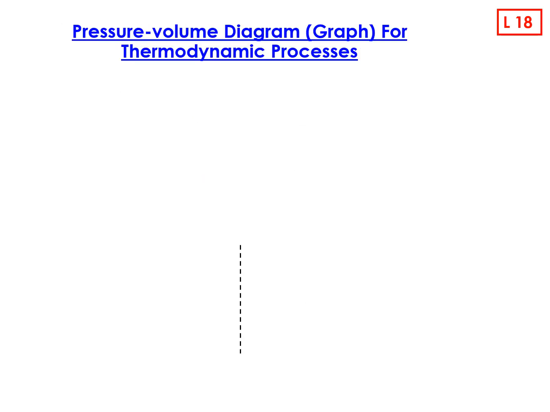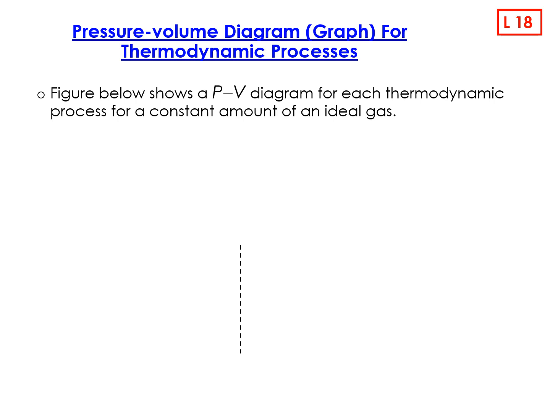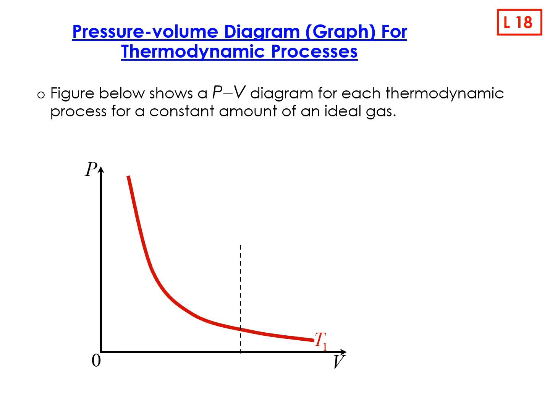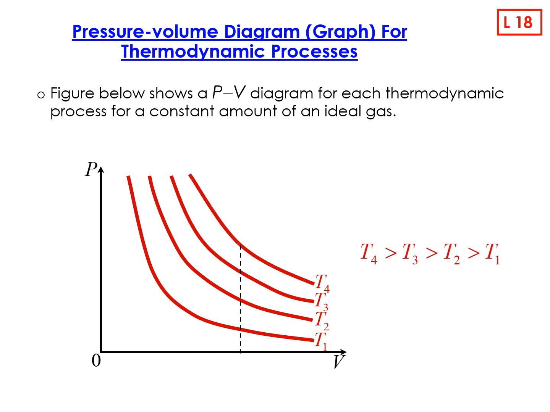Alright, so next we will continue with the second learning outcome for subtopic 14.2, which is to discuss the pressure against volume graph for all the thermodynamic processes. Here we have a pressure against volume diagram for each thermodynamic process for a constant amount of an ideal gas. Now we have temperature curves of T1, T2, T3 and T4, where T4 is greater than T3, T3 is greater than T2, and T2 is greater than T1. The temperature is increasing as